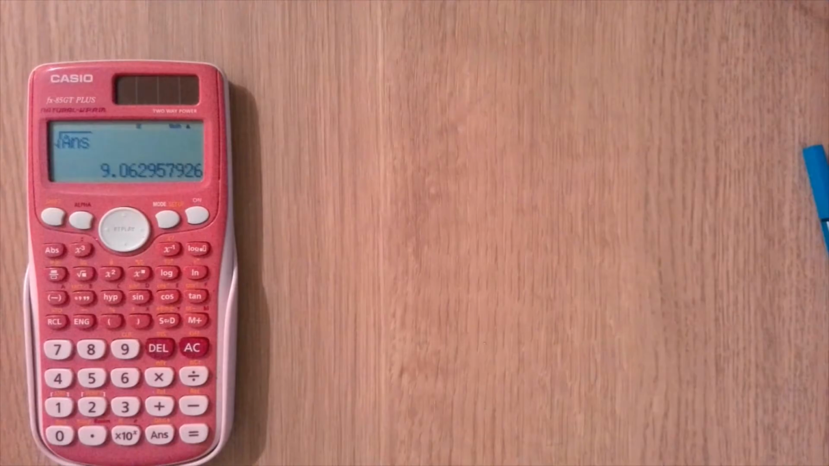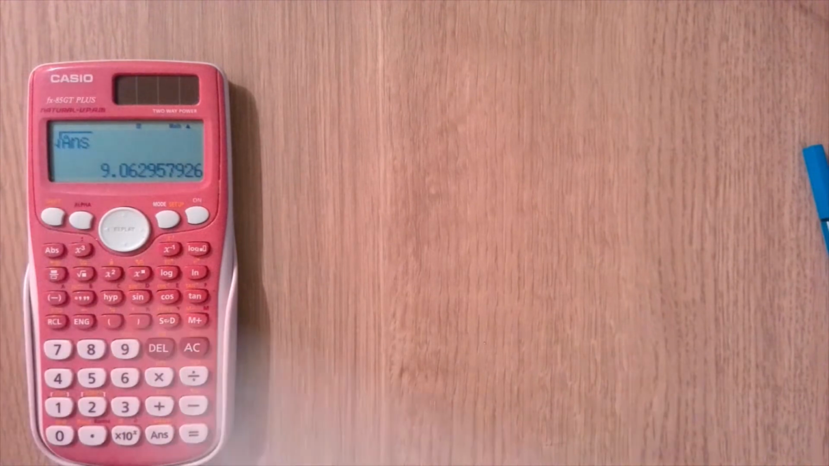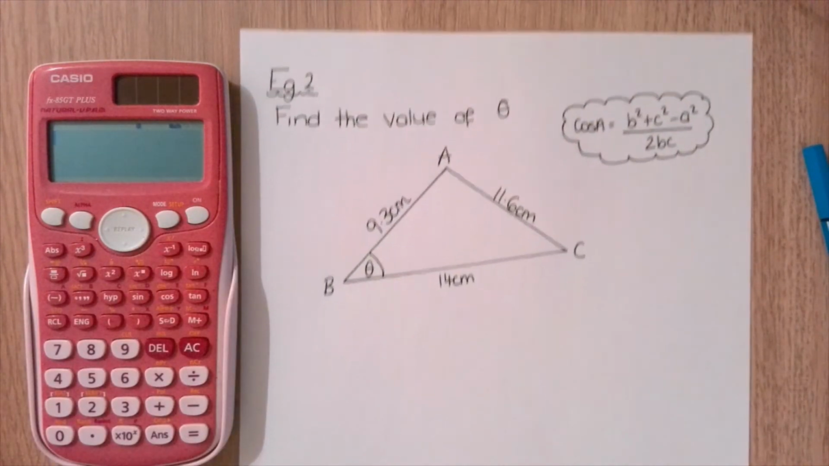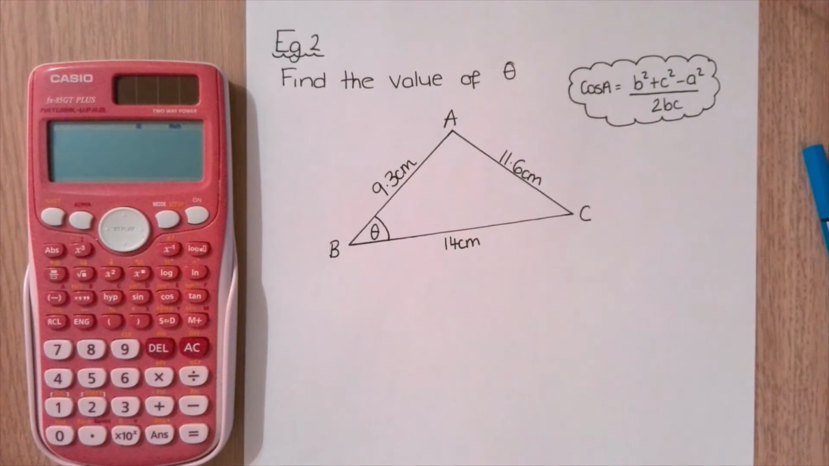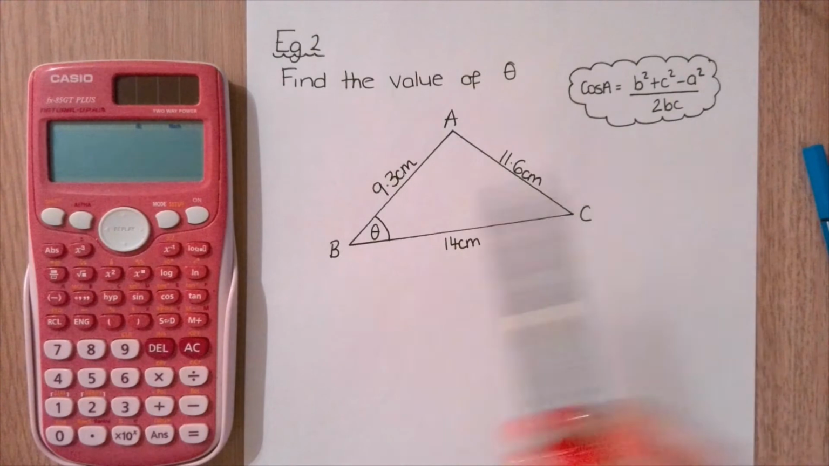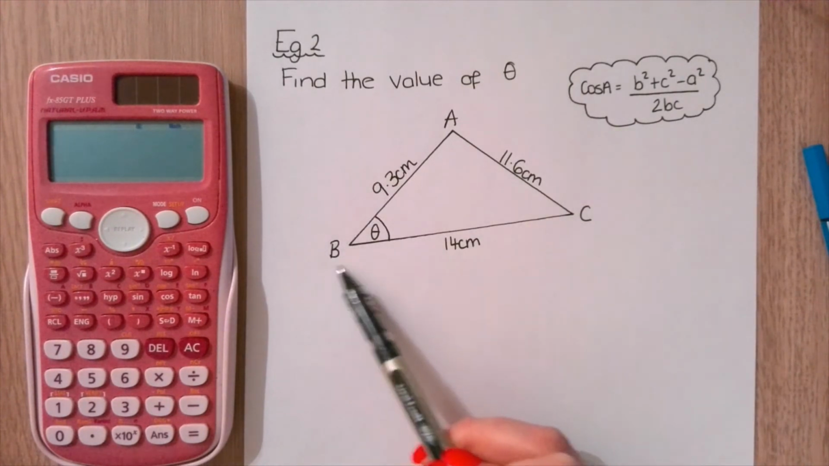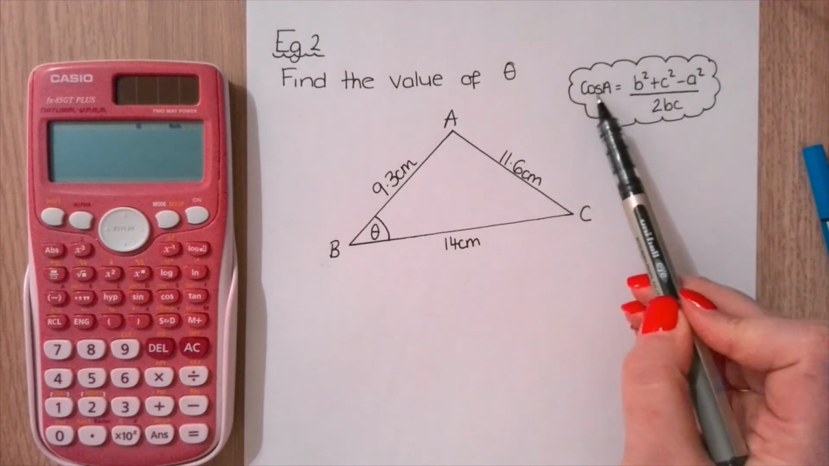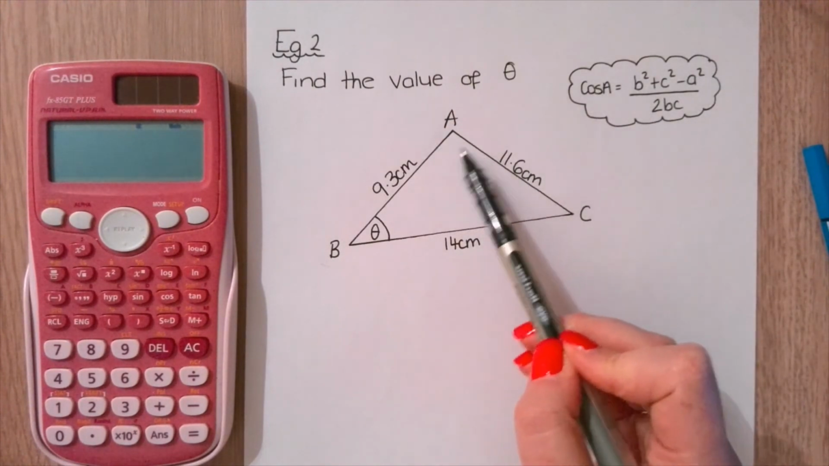My second example. In this example, I'm asked to find the value of theta. So this time I'm looking for an angle. I've written this formula here because, as you may notice, I'm looking for angle B. My formula is written in the form cos A, so this would suggest that I'm actually looking for this angle